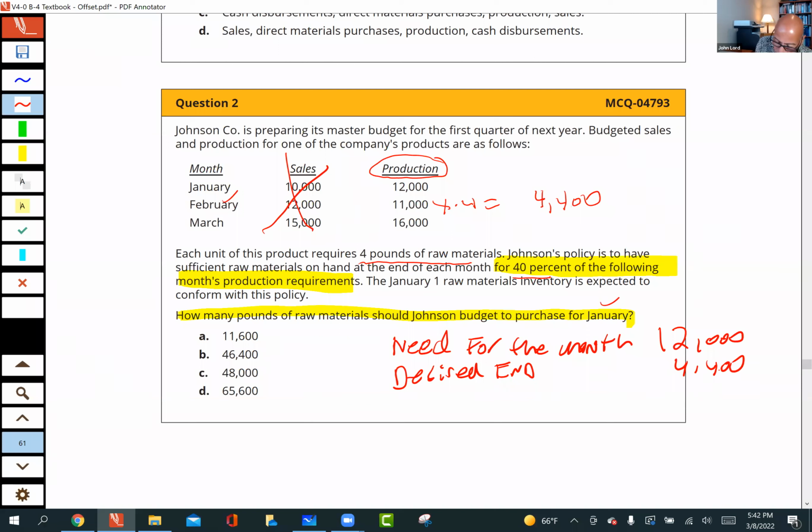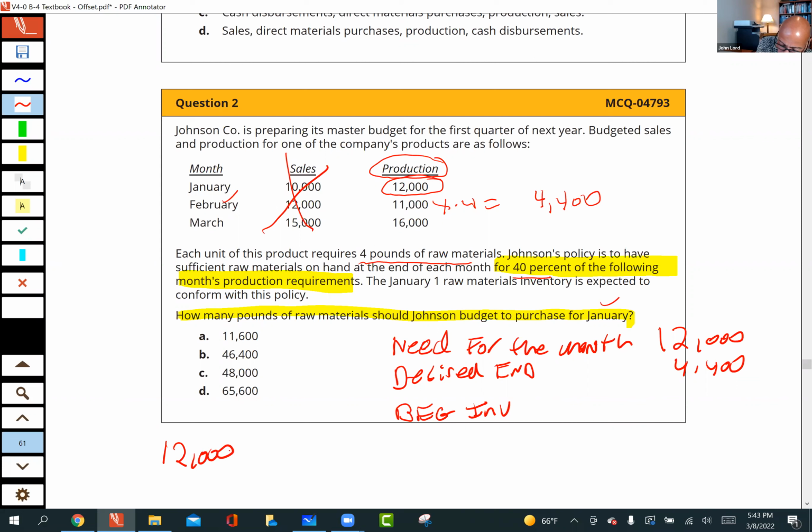Okay, and then they had the what? The beginning inventory. And again, this is where I think students get hung up a little bit: they forget that the beginning is what I would have needed to start the month that I'm being asked for, right? So I would have started the month of January with enough to cover January. Sometimes students say, well, I need to see December's production. No, to start the month of January, you need to look at what you wanted to have to cover January, right? So you pick up that 12,000.